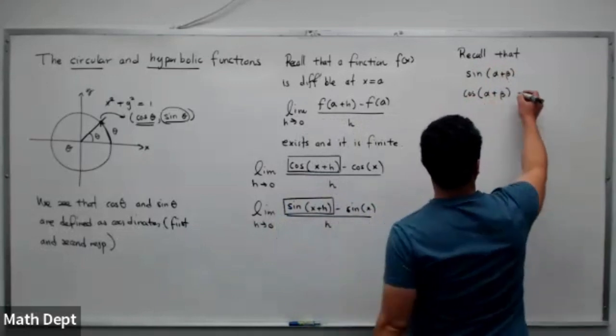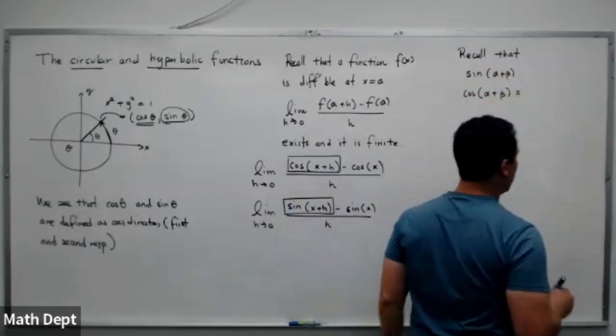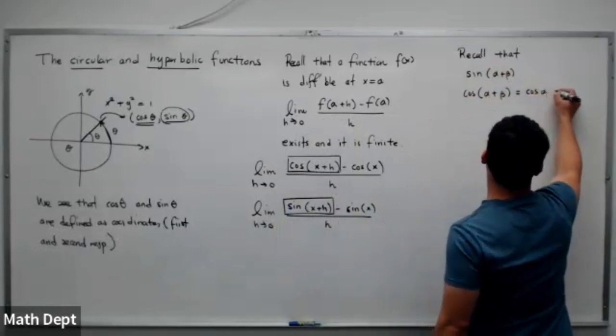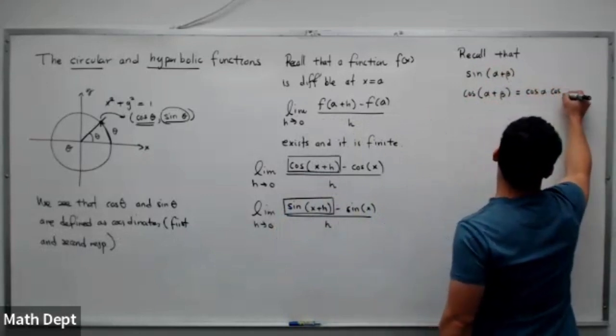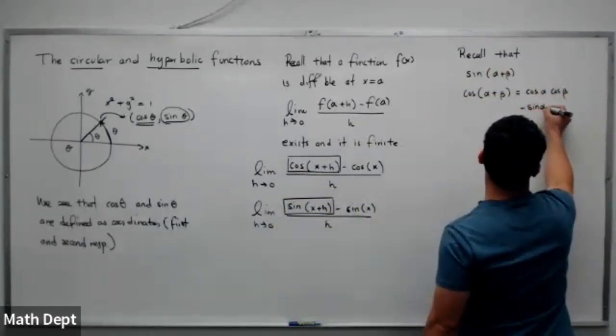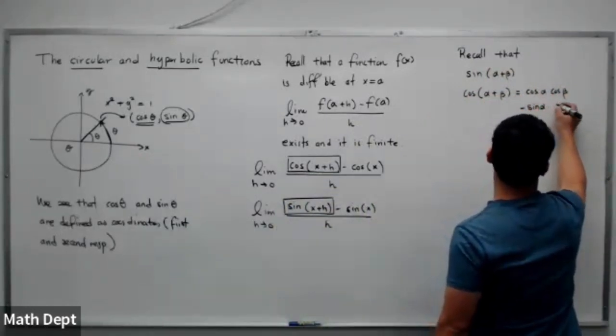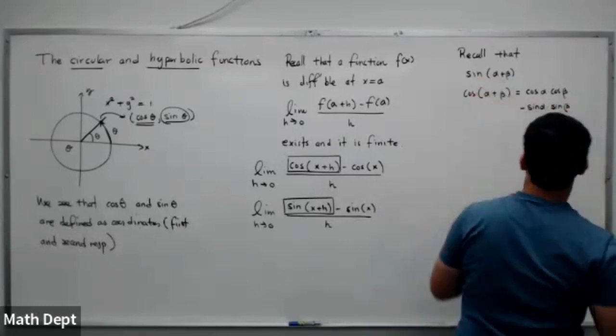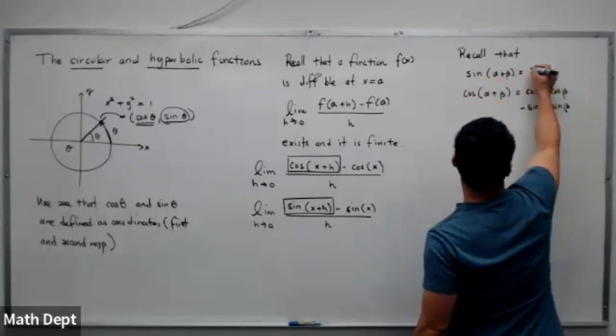So, for instance, cosine is expressible as cosine of alpha times cosine of beta minus sine of alpha times sine of beta, while sine may be expressed as